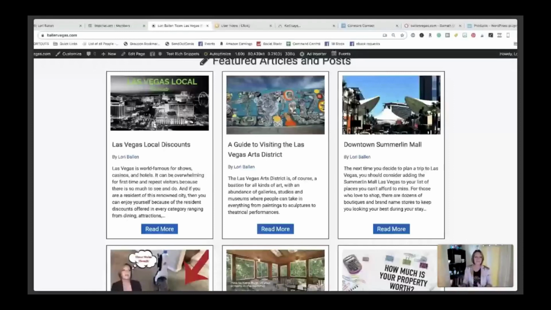And that's a geographic farming type of strategy, but we're doing it online, right? So as you can see here, I've got a few examples. I've got a list of Las Vegas local discounts. I've got the guide to visiting the Las Vegas Arts District, and I've got downtown Summerlin Mall. So I'm constantly creating articles about things that would be of value to the residents here in my area. So I've got some things that are just Summerlin, some things that are just Henderson, some things that are all